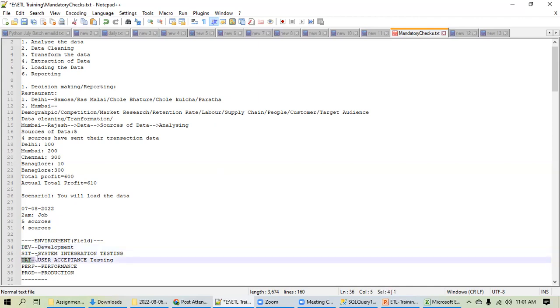Next is UAT, user acceptance testing. Does anyone have any idea what a UAT environment is and why we need this? It is basically when you go into the final stage, production. So before production, the UAT testing is performed.